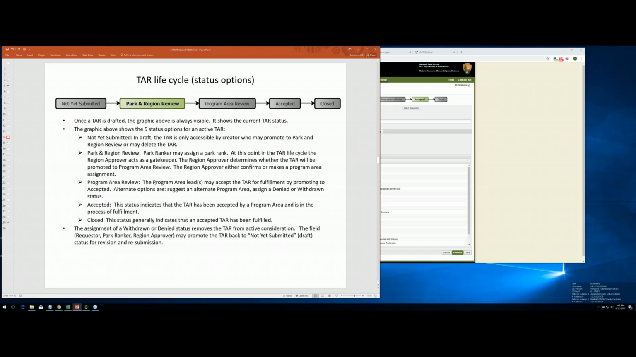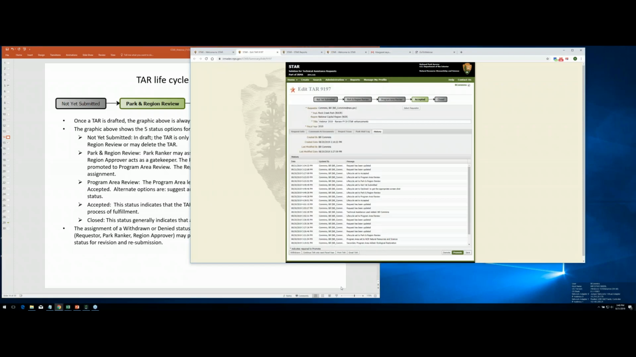You can have as many secondary program areas as you want, but those folks aren't really the decision makers with this, though they are a part of the resource. So it'll actually be the leads of the primary program area that will decide, yeah, we can do this, or no, we can't. If you can do it, you click accepted, or you promote it to accepted. If you can't do it, you have 2 options. You can demote it, and that would send it back to Park and Region Review. That would be a sensible thing to do if you were to say, we need more information, we can't do it,